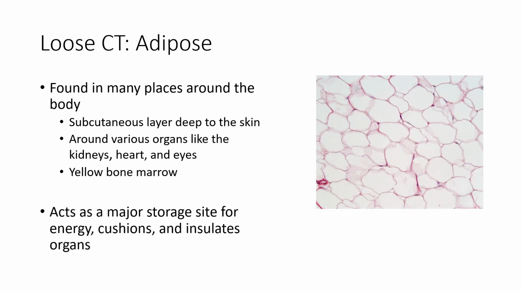Adipose tissue is a connective tissue. It's a little bit different. We aren't really looking for fibers here. What's interesting about adipose is this tissue, these are all individual cells, but they look empty. And when you look very closely, you might see, like right here, there's a nucleus, there's another one there, and